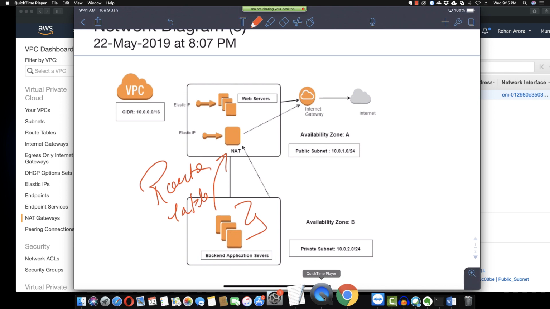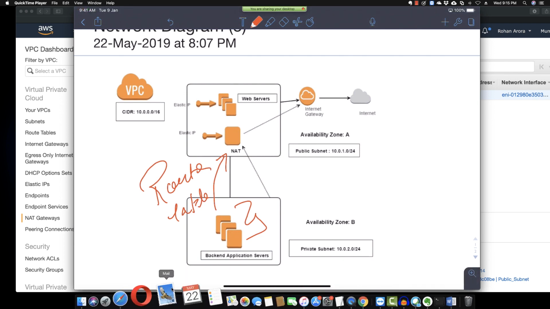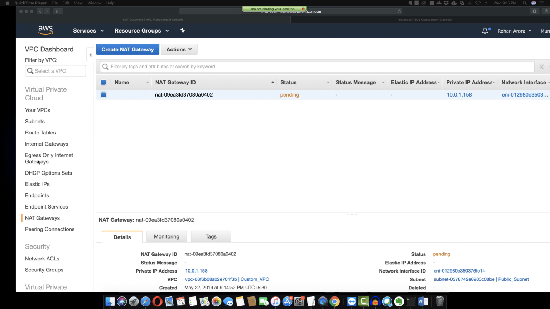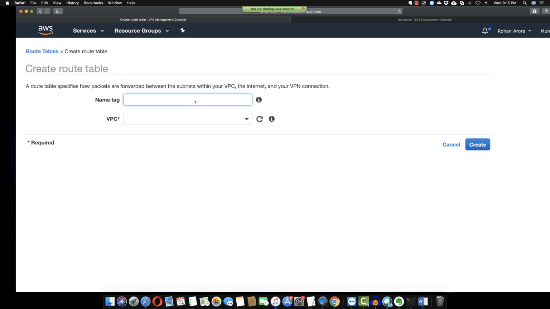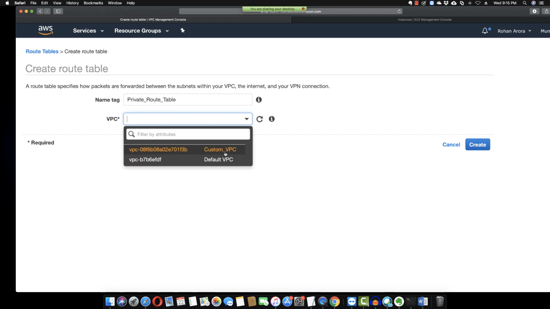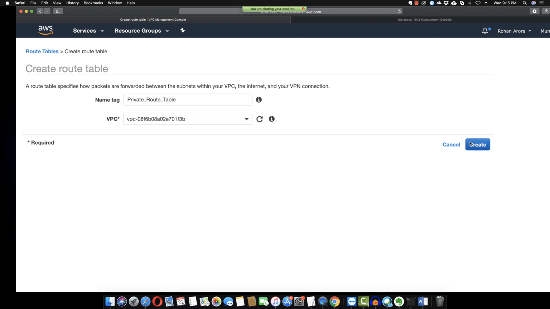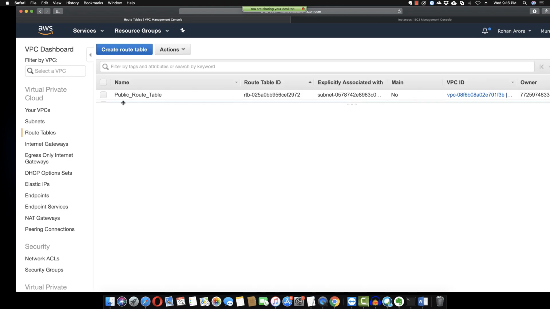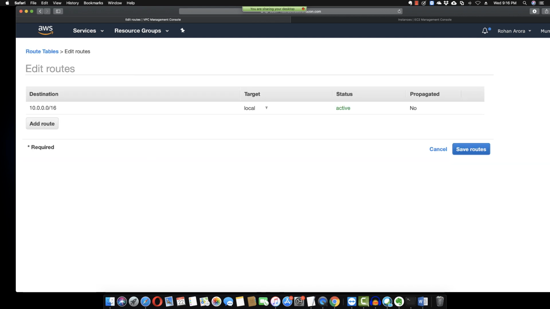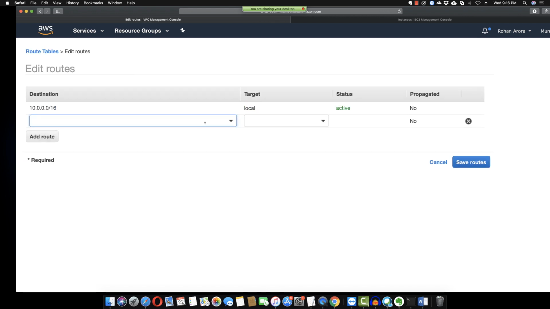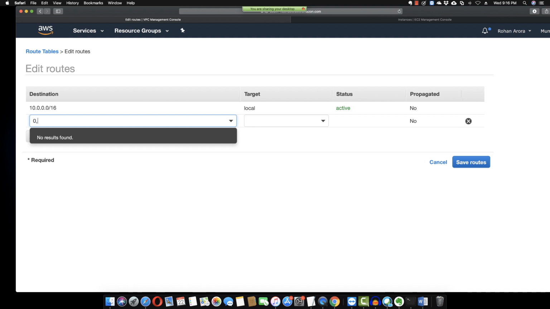So what I will do, I go back to my route tables, click create route table, and just name it private_route_table. I choose my custom VPC, click create, click close. I choose my private route table, go to routes, click edit. Now it already has the local route. I add a route, specify the internet IP, that is